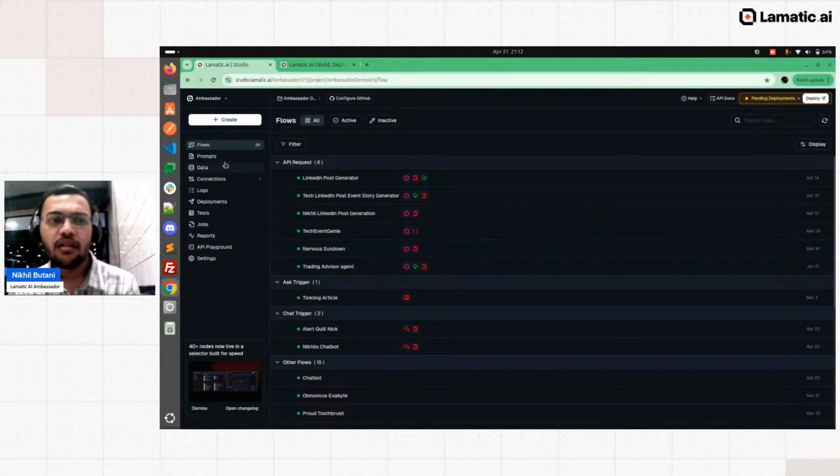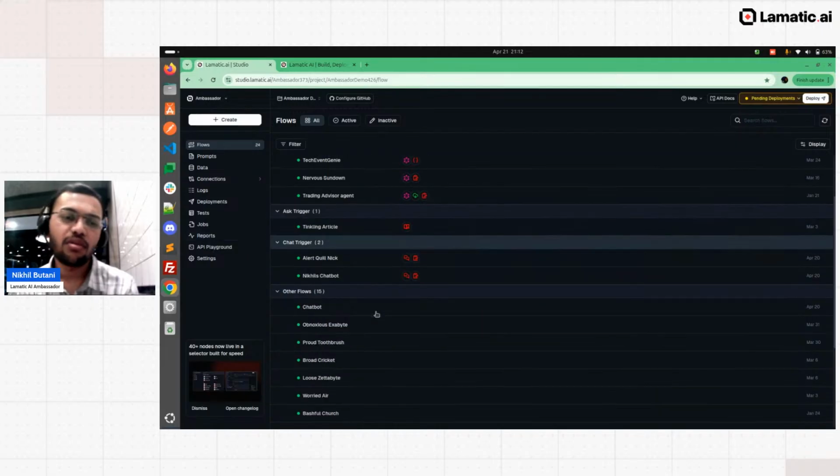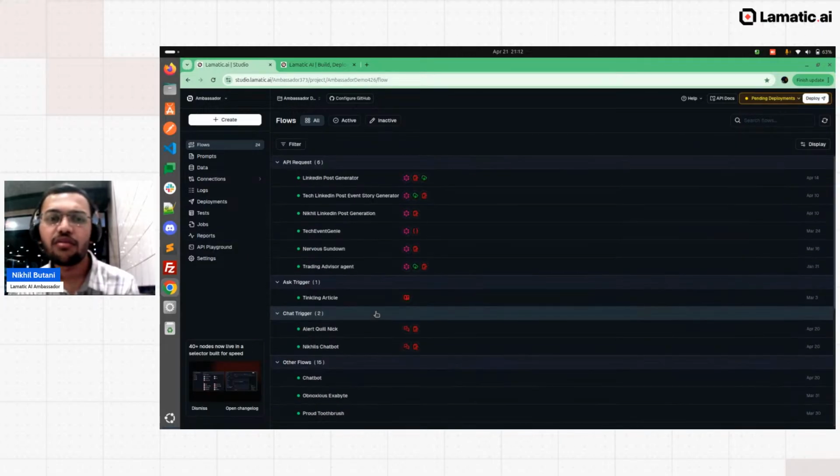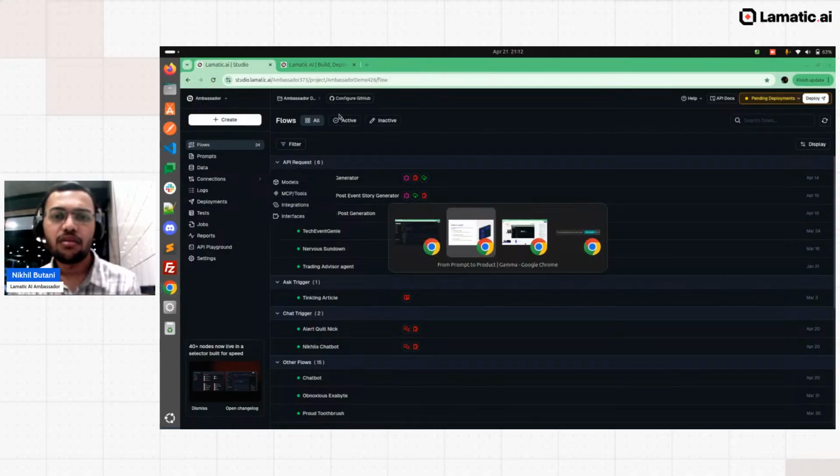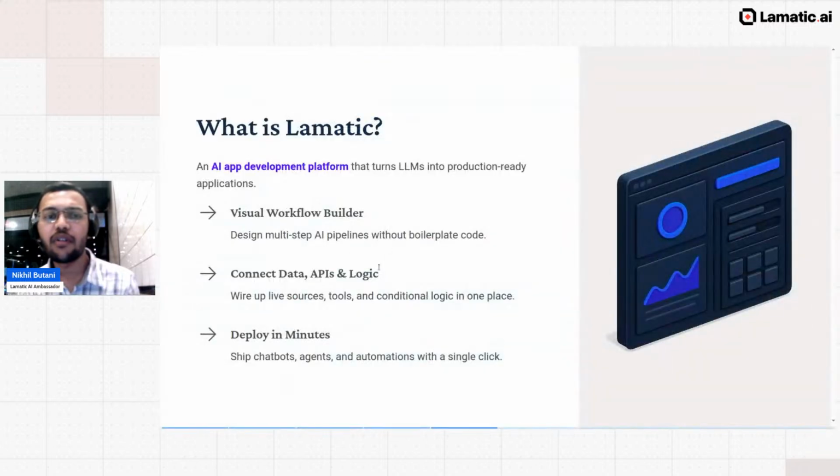There are many features available in Lamatic. If you have time, you can also visit flows, prompts, data, and in the connections you can see the models, how many models are available, and how you can connect with the MCP integrations, right? That is the kind of work Lamatic AI does.